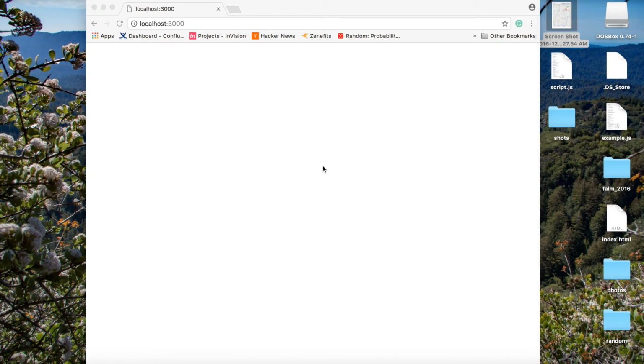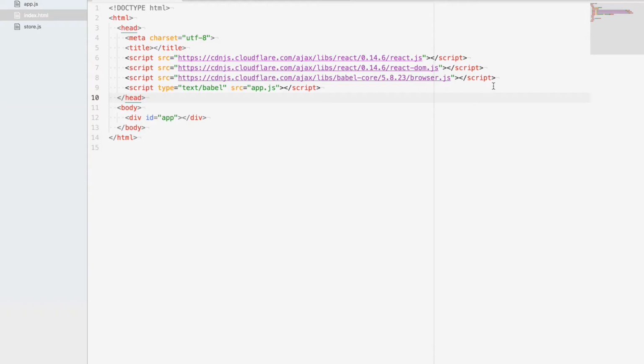Hi folks, in this video I'm going to show you how to start playing with React with minimal setup. Now, a lot of people are intimidated by React because it requires you to set up Babel and Webpack and all these other dependencies. It can be a little confusing. You can play with React in your browser using just a few libraries. You're very limited in what you can do, but it's a good way to start playing with React and learning